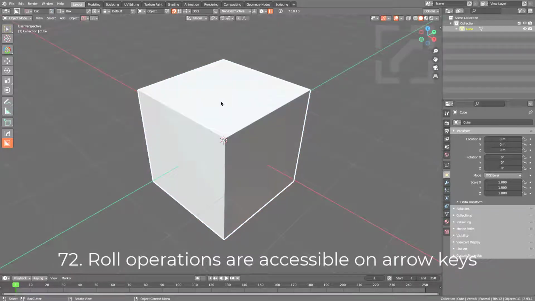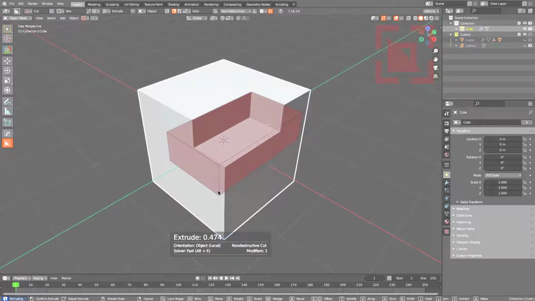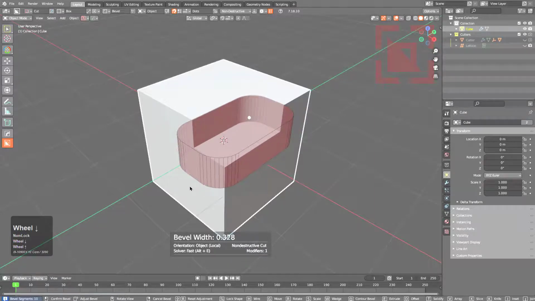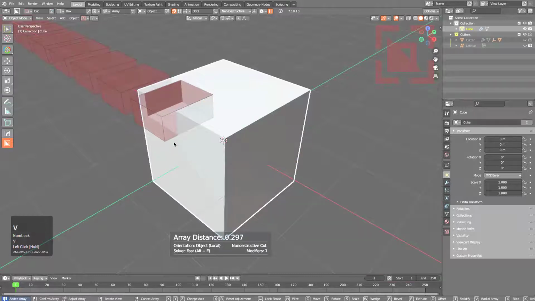Whenever it comes to Boxcutter, we have quite a few operations mapped to the mouse wheel. For example, if we were to press B to add a bevel, we can roll the wheel to adjust the segments of our bevel. However, we can also use the arrow keys to adjust the segments on our bevel on the fly. Another example is if we were to draw a box and we press V to add an array,